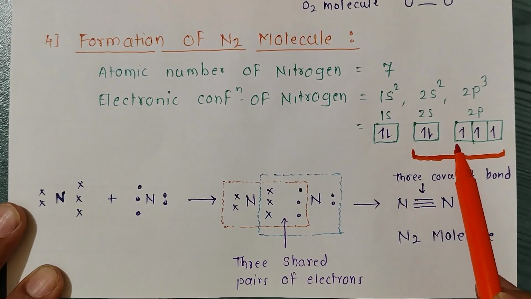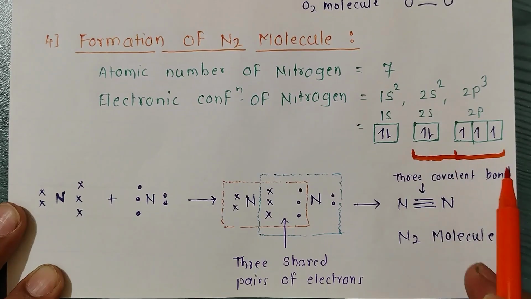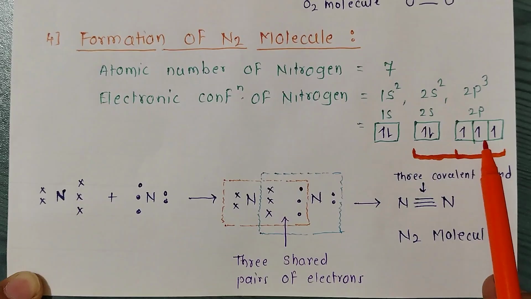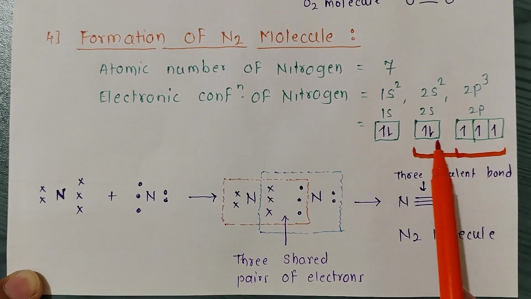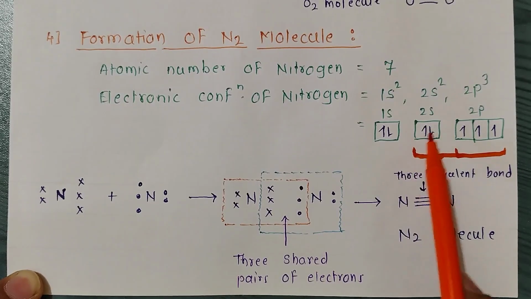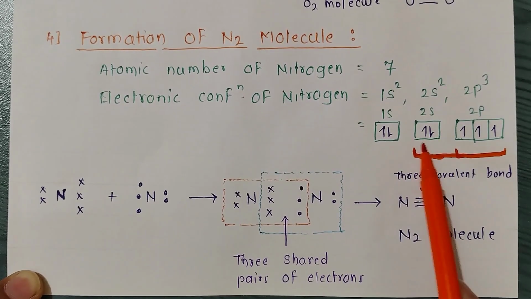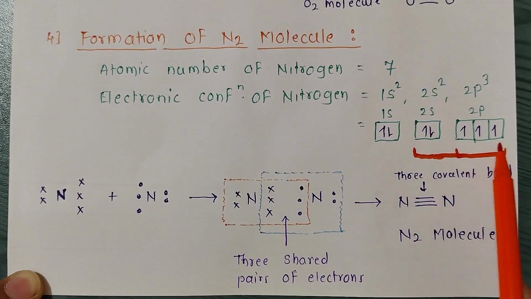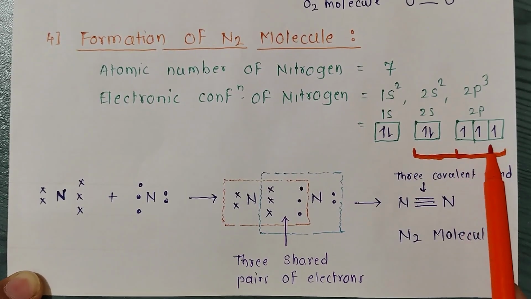Means nitrogen needs 3 electrons to complete its octet. So nitrogen shares 3 electrons with another nitrogen to complete its octet. These are the electrons which we call non-bonding electrons, which remain in the form of a lone pair on the nitrogen, and these 3 unpaired electrons are involved in bond